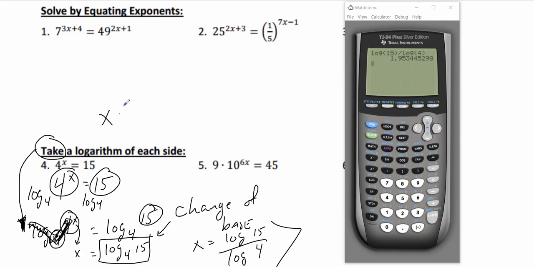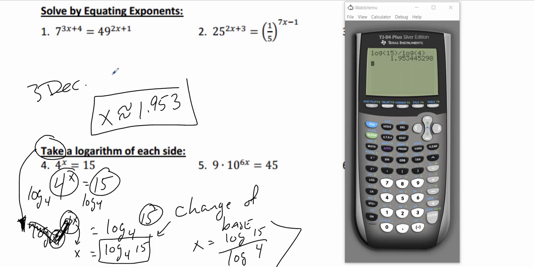So I'm going to put x is approximated as 1.953. 3 decimal places is what I want. 3 decimal places, please. In the word problems, we're going to go a little bit more than that. So in these ones here, 3 decimal places. All right. So there you go. x is approximated as